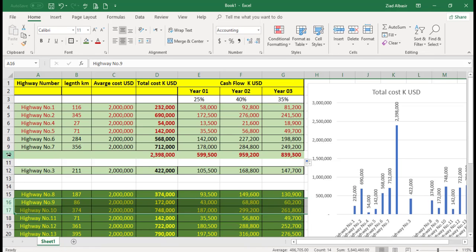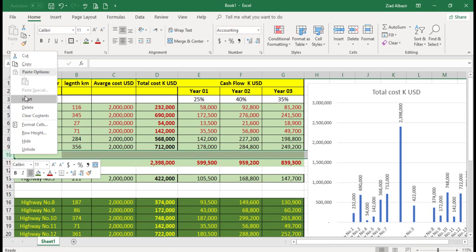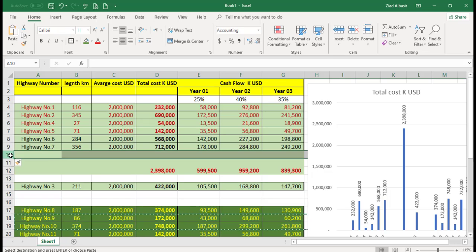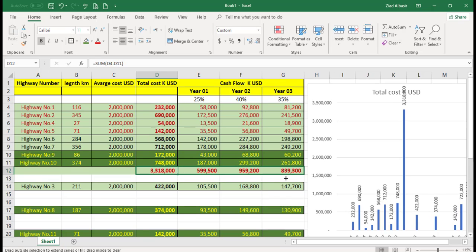Sorry. And let me insert. And let's bring 9 and 10. Okay. Now, as you see here, the total cost becomes 3 billion and 318 million for the 3 years, and the first year is still less than 1 billion. Here it's more and here it's more, but because we are doing upgrade only, okay, for this 9 and 10,